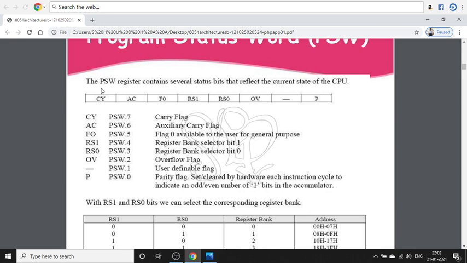This carry flag also serves as a borrow flag for subtraction. For example, assume I am going with the addition of 2-digit hexadecimal numbers, 98 plus 75.